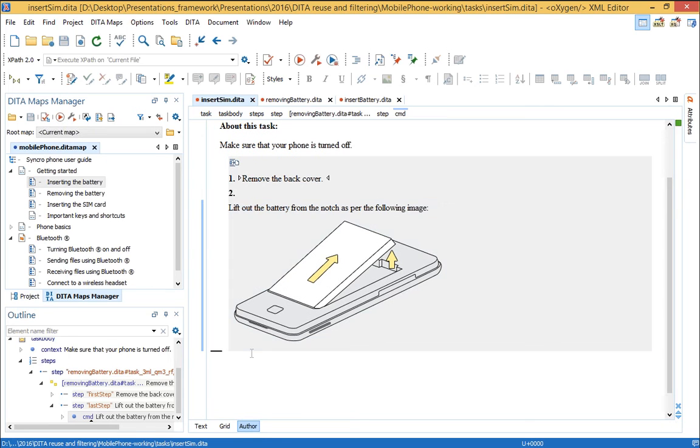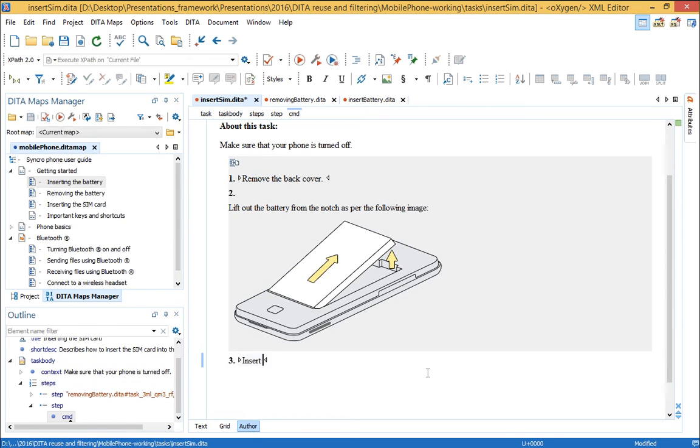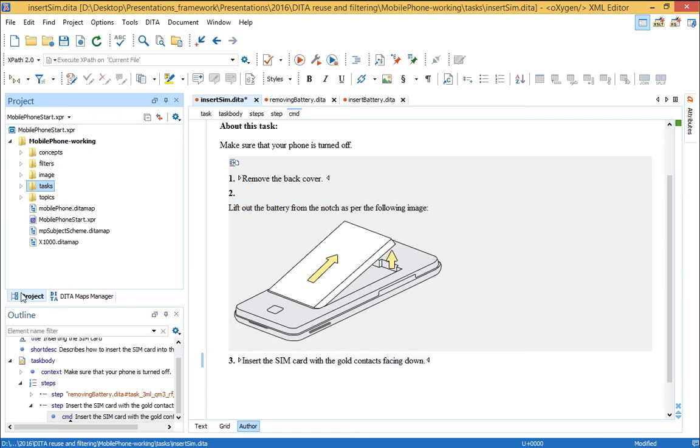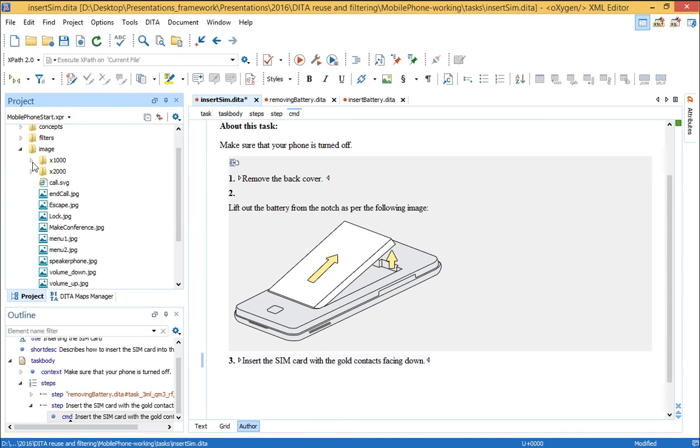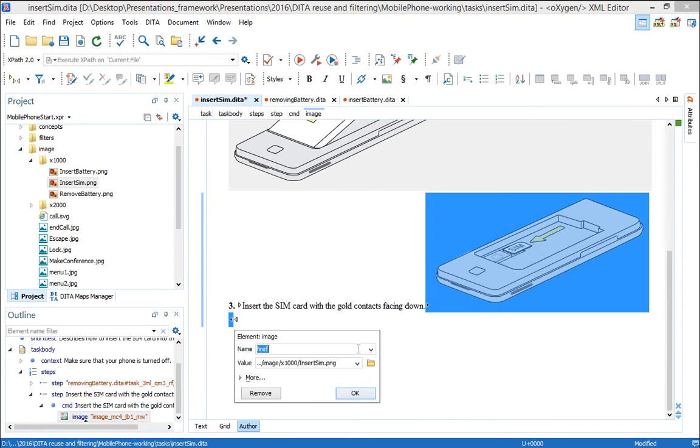Next, let's put another step here saying insert the SIM card with the gold contacts facing down, and I also have an image that depicts how to insert the SIM card, so I will use drag and drop to insert it. Let's also change the placement so it looks better,